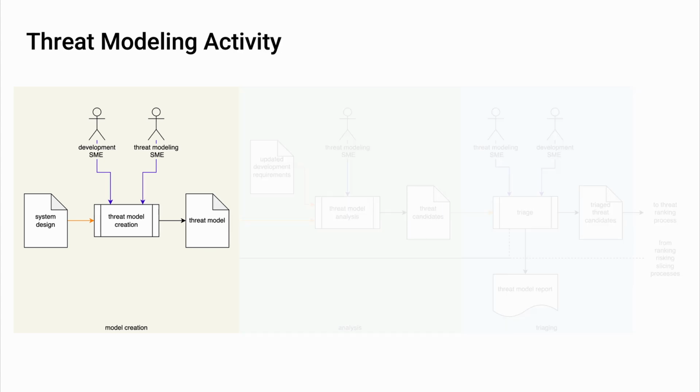As the first activity in the threat modeling process, threat model creation is arguably the most important. The system design is considered by the development and threat modeling SMEs. This results in the creation of a threat model. It's important to consider that the system design is not just a singular document. It's anything that can contribute to the creation of the threat model. This includes things like the results of the attack surface analysis, previous threat models, or any other information that the